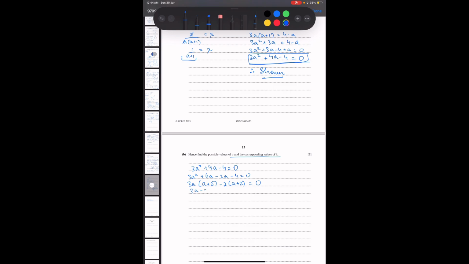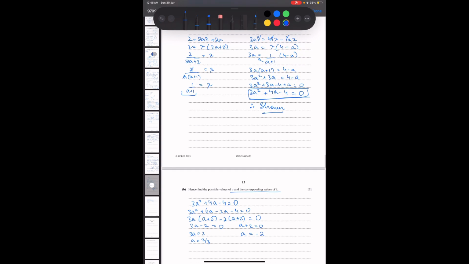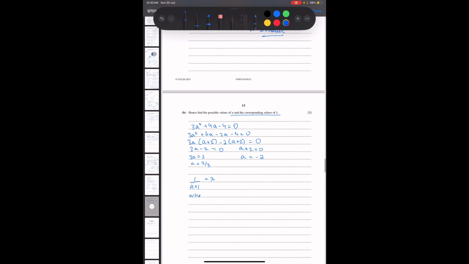So one is 3a minus 2 is equal to 0, and the other one is a plus 2 is equal to 0. So 3a is equal to 2 and a is equal to 2 upon 3, and the other value of a is minus 2. Now over here we saw that 1 upon a plus 1 is equal to lambda. Now when a is equal to 2 upon 3, lambda is 1 upon 2 upon 3 plus 1. So lambda is